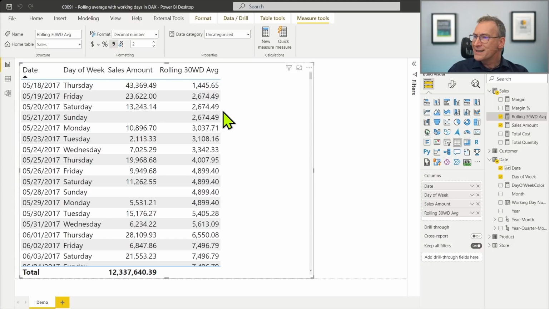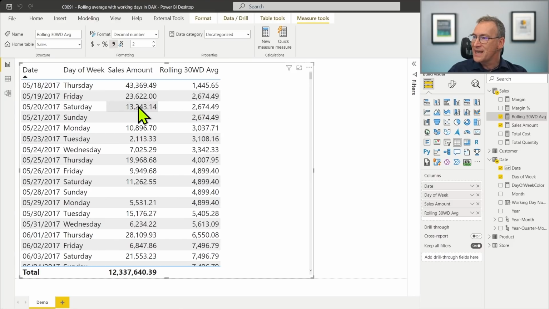It's working, but you see that it's not perfect. Look at the value between Friday, Saturday, and Sunday here. We have the value of the sales amount, the rolling 30-day average, but the same value is repeated here, here, and here for Friday, Saturday, and Sunday. So I do not expect these numbers to be identical. I would like them to be different. And the reason is I don't